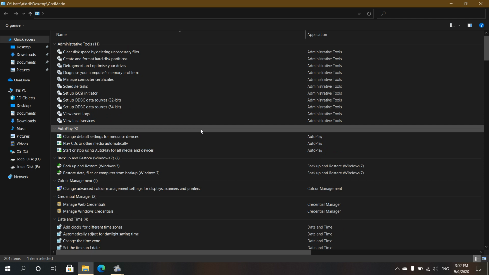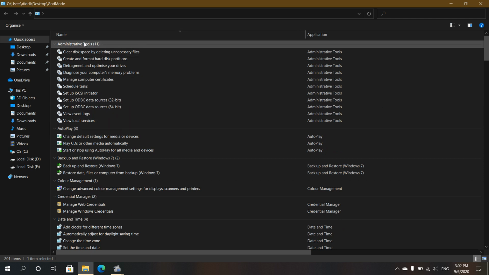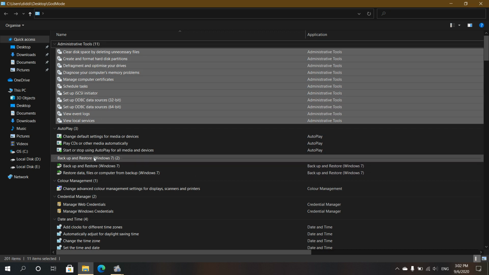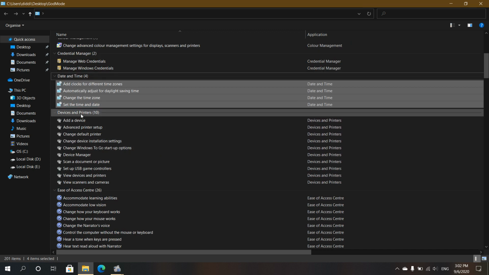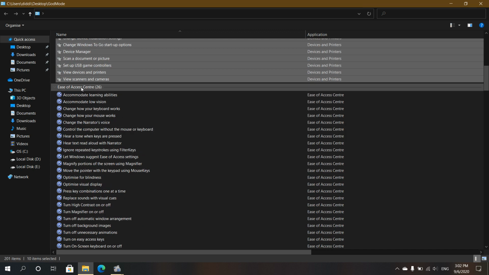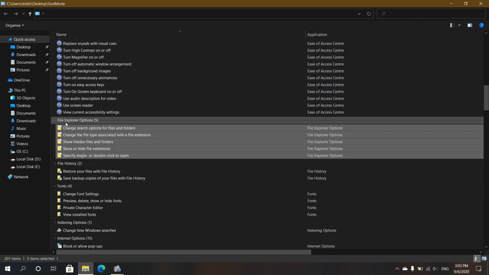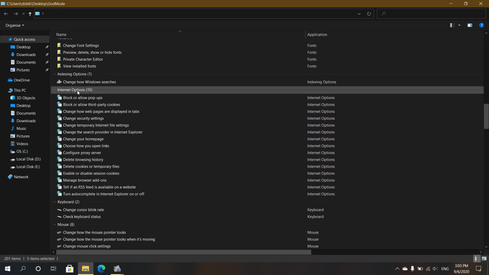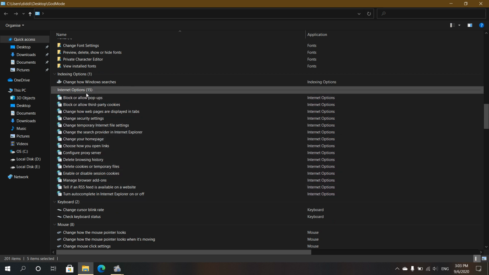These multiple options are categorized under different names such as administrative tools, backup and restore, credential manager, date and time, devices and printers, ease of access center, file folder options, and internet options. There are many more options to control how you want to access the internet.